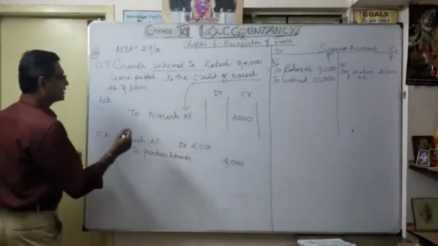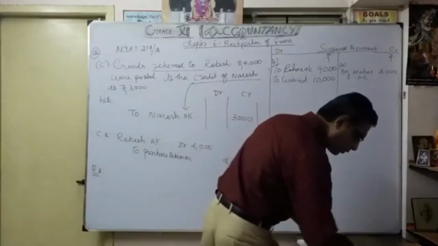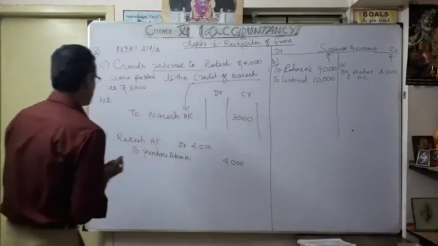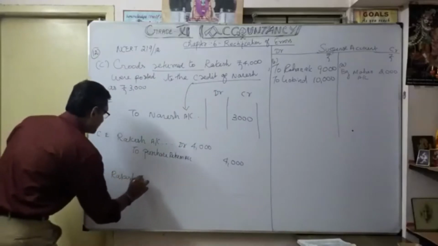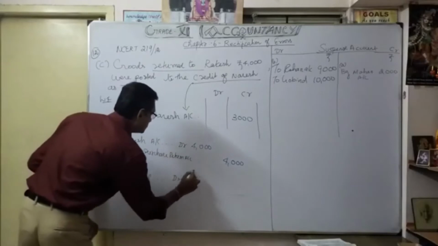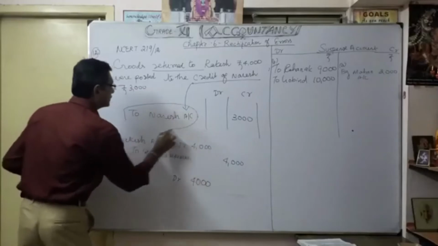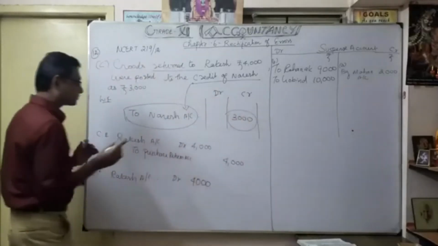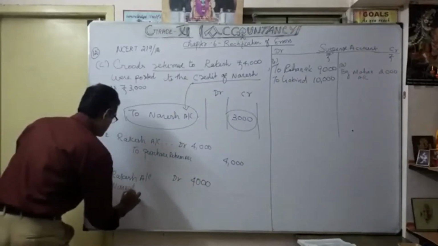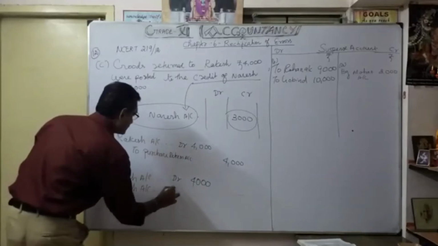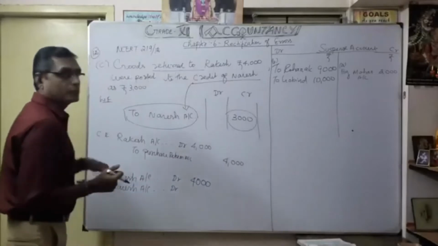So what's the rectification entry? So now I am going to remove that. The amount also wrong. Okay. So what is the amount they are going to mention? Okay. First they do what? First Rakesh account, correct? Rakesh account. That's what I supposed to debit. Rakesh account. How much? 4,000. Okay. Now I want to remove this Naresh account and this one. Totally. So entire Naresh account. I want to maintain what? Entire Naresh account. Entirely I am going to make it debit 3,000.